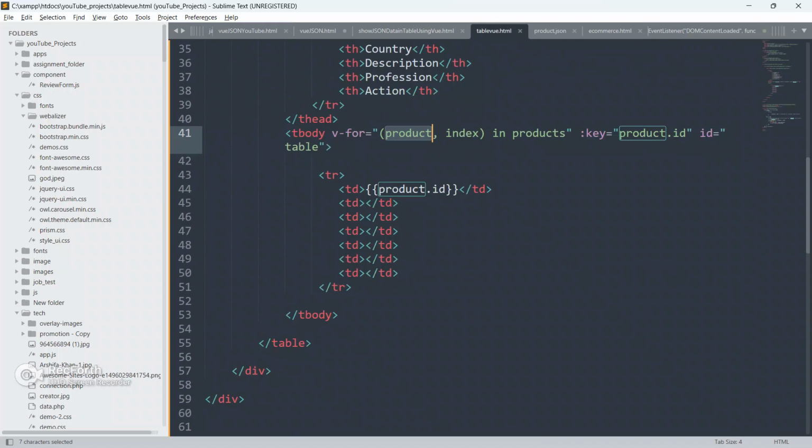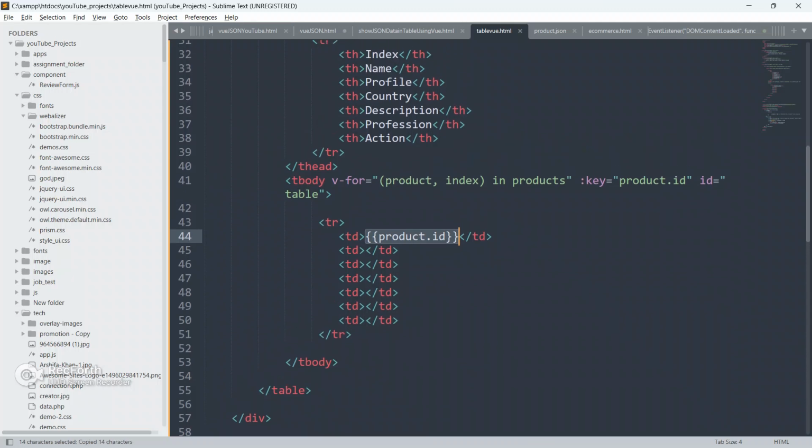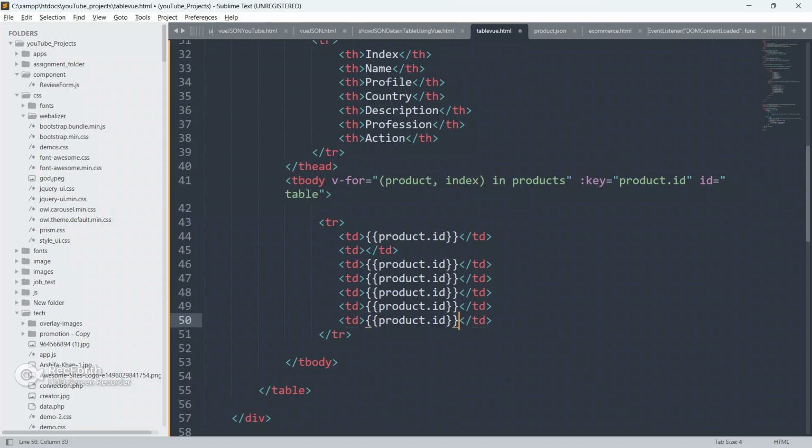It will show you the result in our HTML table. I am just going to copy this expression from here to save our time, and paste it here, here, here, and here also.